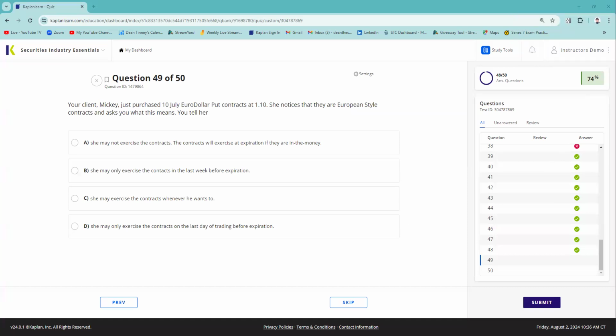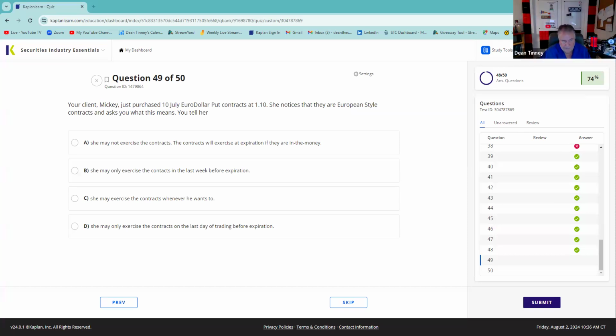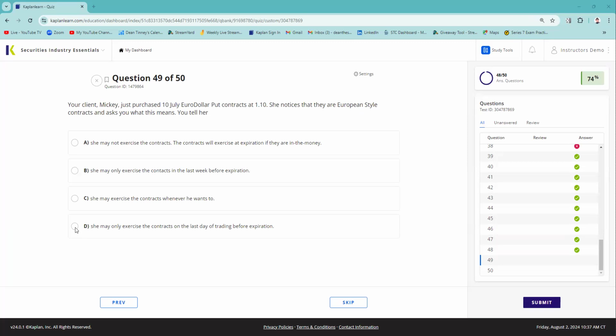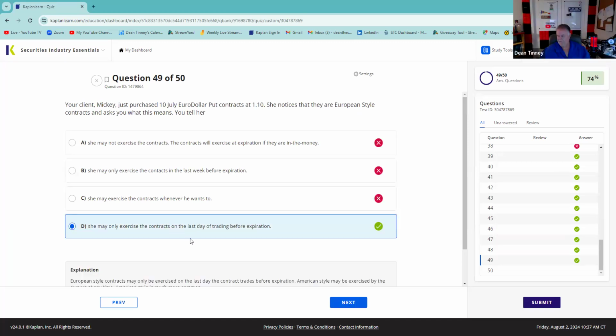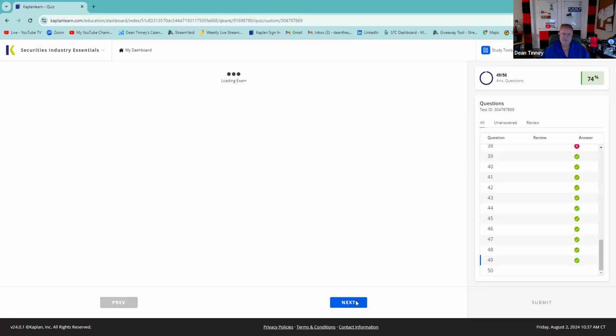It's B or D, I guess. One of the advantages to you as the writer is that you don't have to worry about somebody sticking it to you anytime. If I'm short this put, I have an obligation to buy, and I don't have to worry about somebody sticking it to me until the very end. The whole point of European style is you exercise on the last trading day. That's a testable distinction between European style and American style.